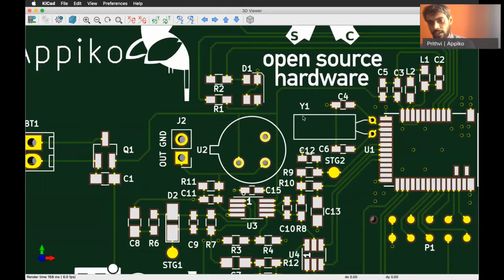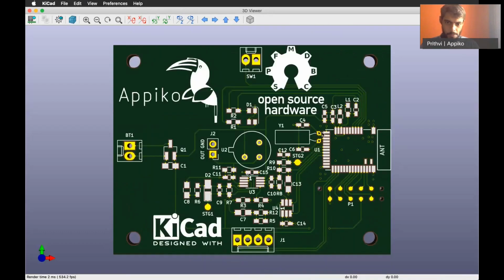Again, as you can see, it is placed as close as possible and symmetrical to the two pins for the crystal. J1 and SW1 are for the audio connection and the switch. Since these both are digital, you can get away with placing them further away from the module and there won't be an issue.